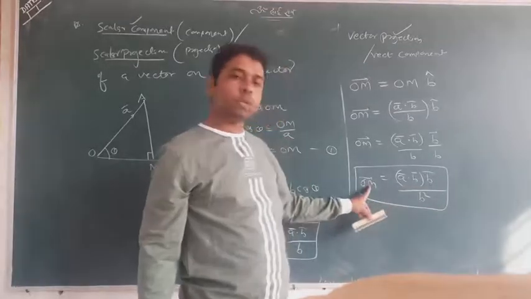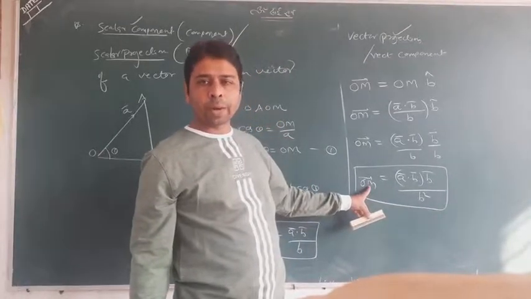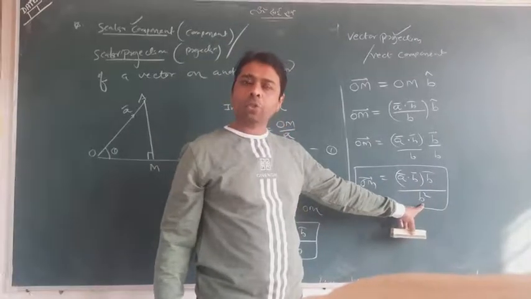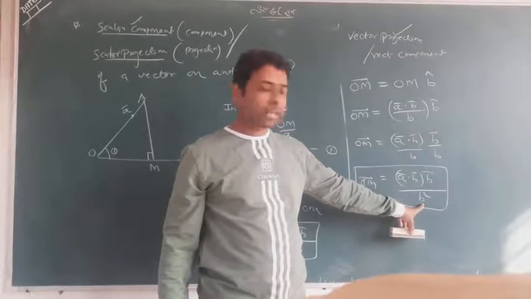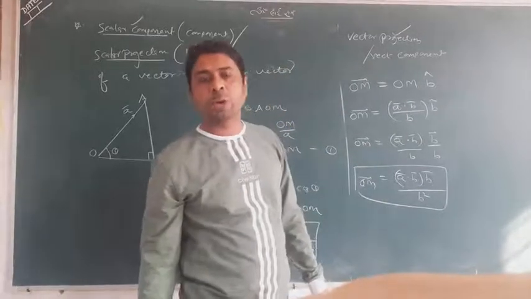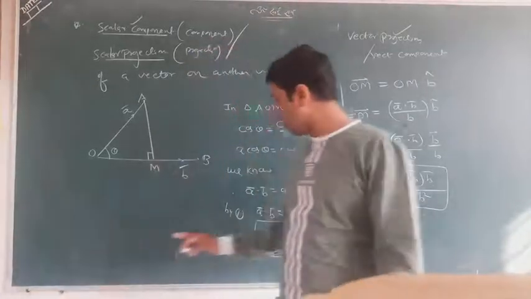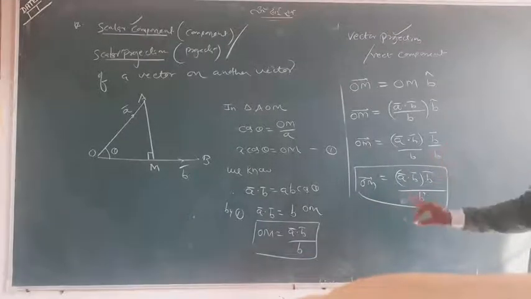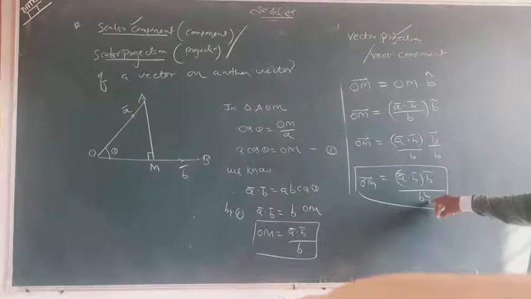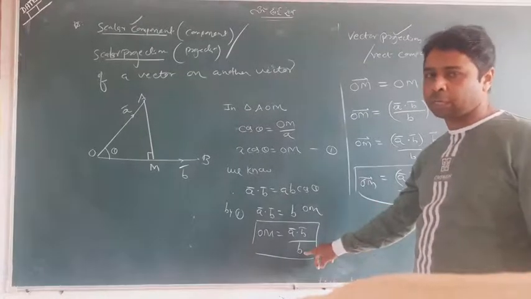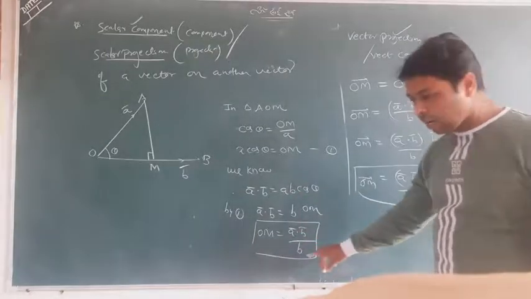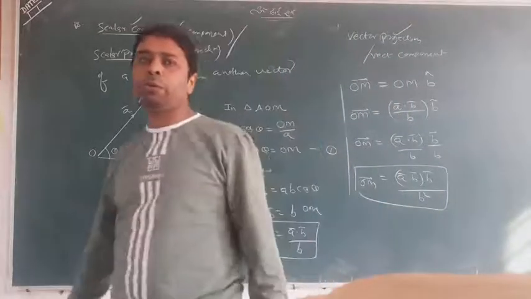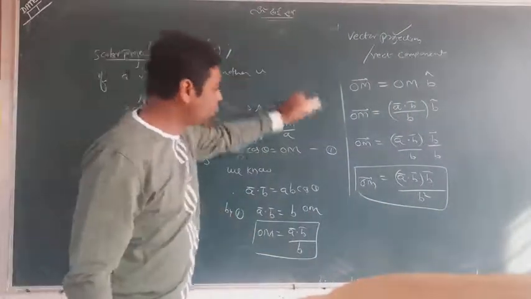Keep this definition in mind: this is a scalar projection, and this is a vector projection because the answer is coming in the form of a vector. A dot B is itself a scalar. B square is actually the square of mod of B, which is also a scalar. But lastly, vector B is remaining, so the answer will definitely be a vector. So this is the formula for scalar projection, and this is the formula for vector projection. Keep these two formulas in mind. Along B, square of B is coming in the denominator for the vector projection, and only mod B for the scalar. Similarly along A, it will be A square and A. So you can obtain a simple symmetry from your side. These two formulas are actually very important.